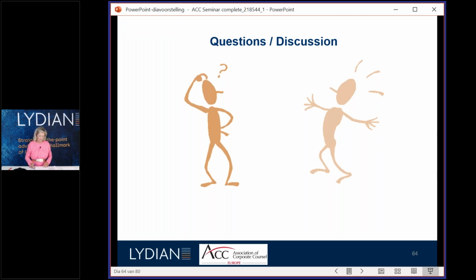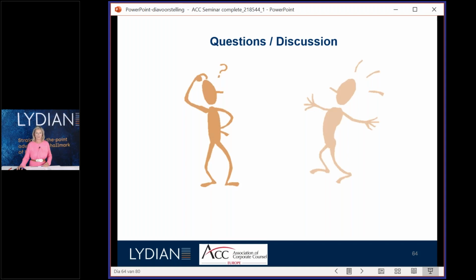One question just popped in. The question is concerning the penalty for late performance by the contractor, which caps are generally applicable? Well, it all depends, of course, on the size of the construction project and the amount of the construction project. But generally, we see caps between 5% of the contract price up to 10% of the contract price. So I hope this answers your question.